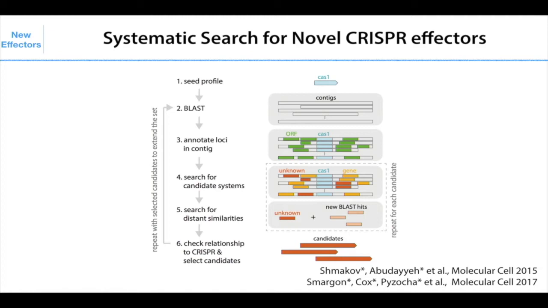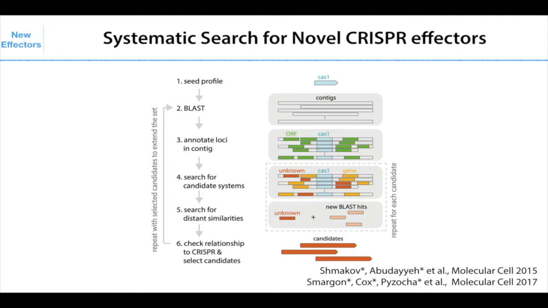And so what we did is we chose one of the most well-conserved CRISPR proteins called Cas1. And we use it to blast against the bacterial sequence database to see what are all the different contigs that carry Cas1. Once we found Cas1, then we can start to annotate all of the open reading frames that are nearby. So each one of these contigs has Cas1, but we can also figure out what are the nearby genes. For each one of these open reading frames, we can then blast it to see is it homologous to a gene of known function, or is it really just a protein that we don't know what it does.